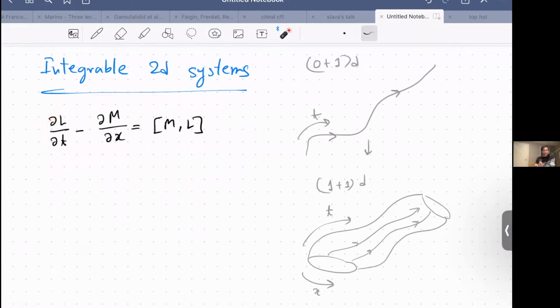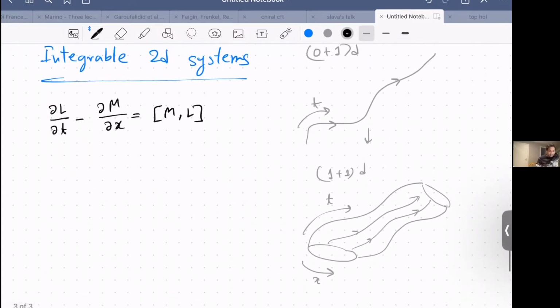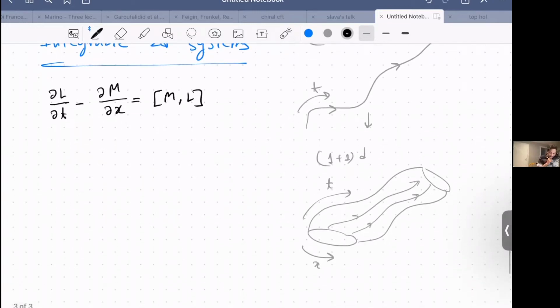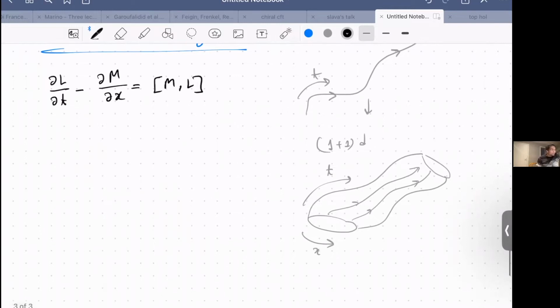So I claim that this is my new Lax equation. Yeah, it's hard to motivate why this is a correct equation. So let me just claim the results. And as I was saying, I will interpret these equations once I go to the quantum system. Okay,